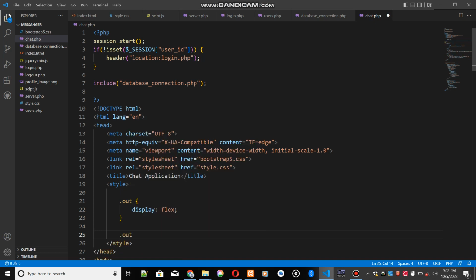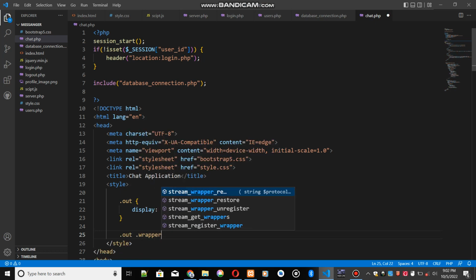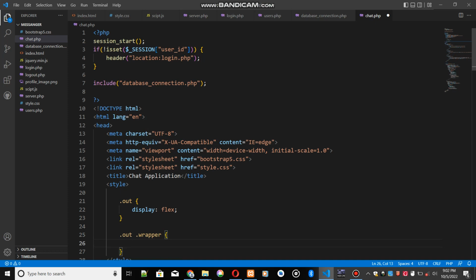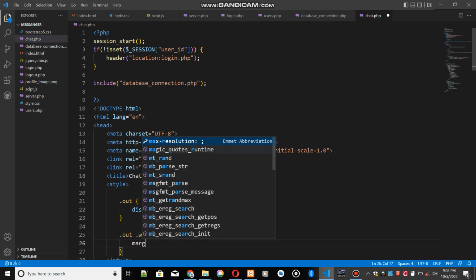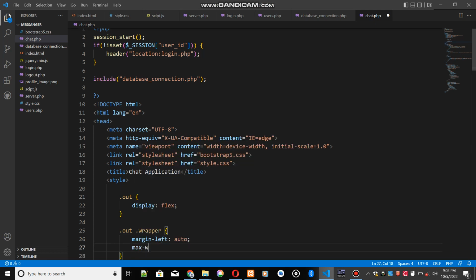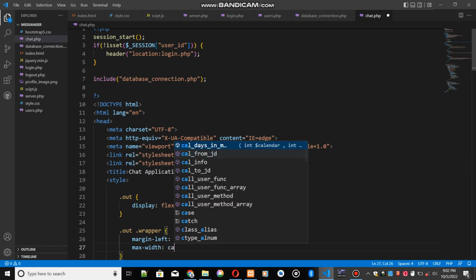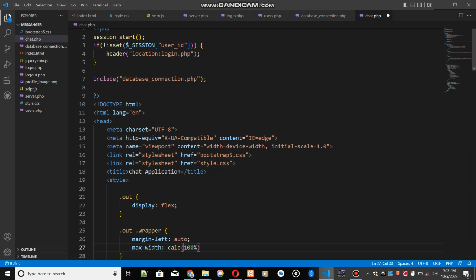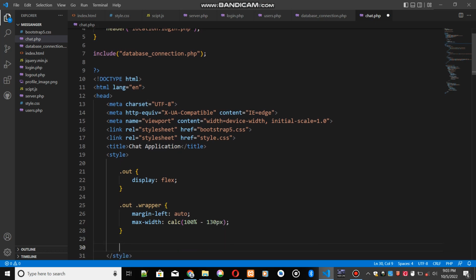Then .out, then we grab the wrapper class that is inside the out class and then set margin left to auto, then set the max width 100% minus 130 pixels. Then that is pretty much all you need to do for the wrapper class. Then out class once again, the wrapper class inside the out class,